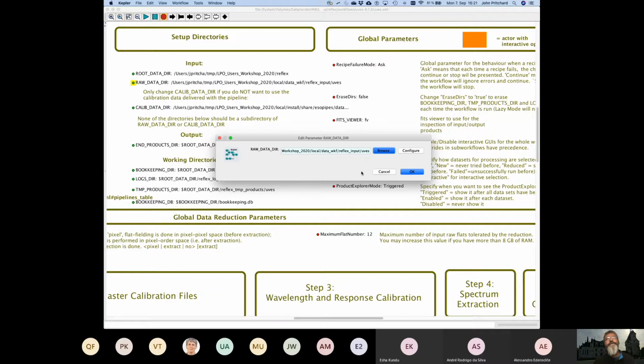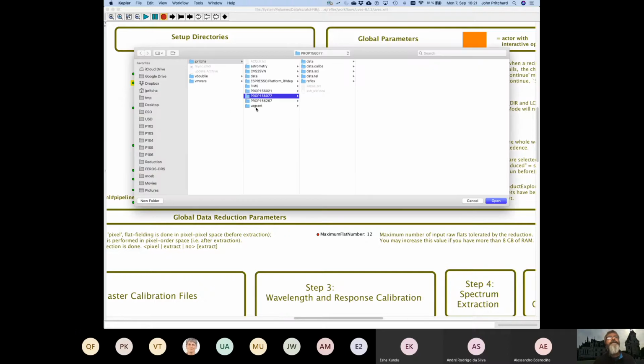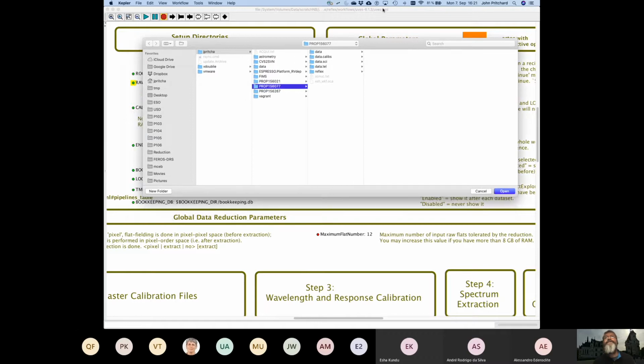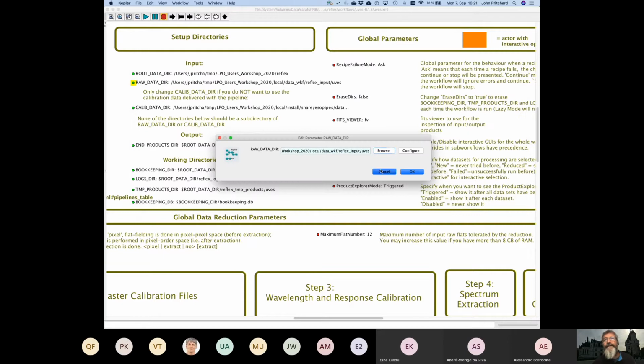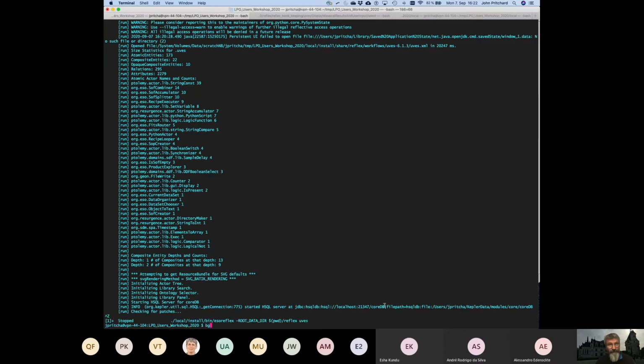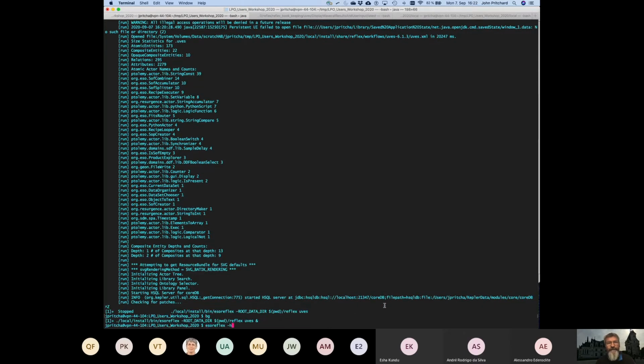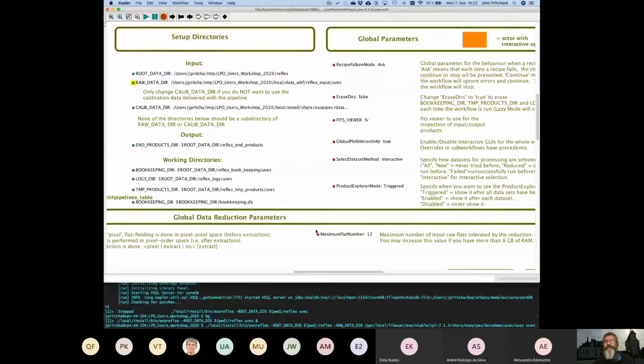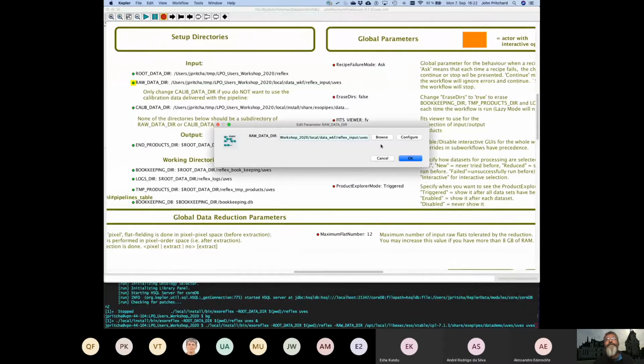And then I just browse via the normal thing to the directory that I want to use. So I'll have to cancel that, make the window a little bit smaller so I can see what I'm doing. I'll put the workflow into the background, and then I'll go back up to the command I had before so that I can see the directory. Okay, so it's this one here, opt local and so on. So we'll do that again. So browse,